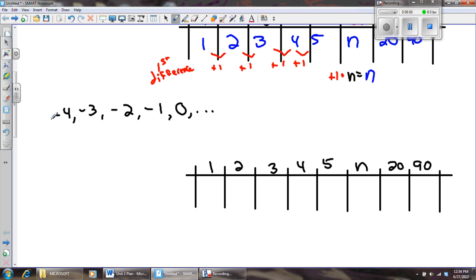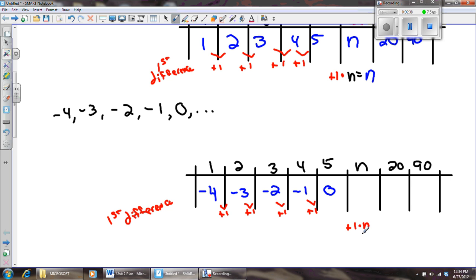I've got the numbers negative 4, negative 3, negative 2, negative 1, 0. This is the first term, so I write it in box 1 of my chart. Next term, next term, next term, and next term. Again, I go to find the first difference. Well, it's looking like it's going to be plus 1, plus 1, plus 1, plus 1. So it looks like my nth term will be something like plus 1 times n, or better yet, just plain